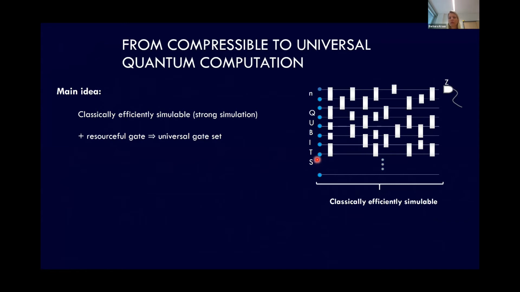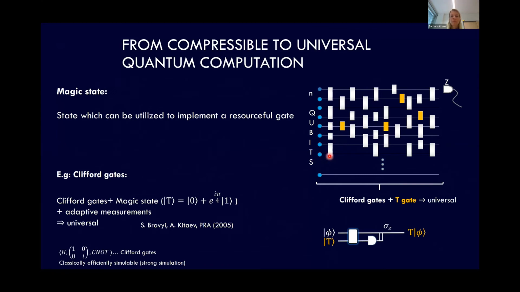There are several examples known. But instead of doing that, what you would like to do is not to really add some additional gates, but to do that in a different way. And let me explain that with the help of Clifford gates. Clifford gates, as many of you probably know, are another gate set that can be simulated classically efficiently. These are just the operators that leave the Pauli group invariant. And it is well known that if you add to the Clifford gates the so-called T gate, which is just a phase gate with a phase of pi/4, then you get a universal gate set.